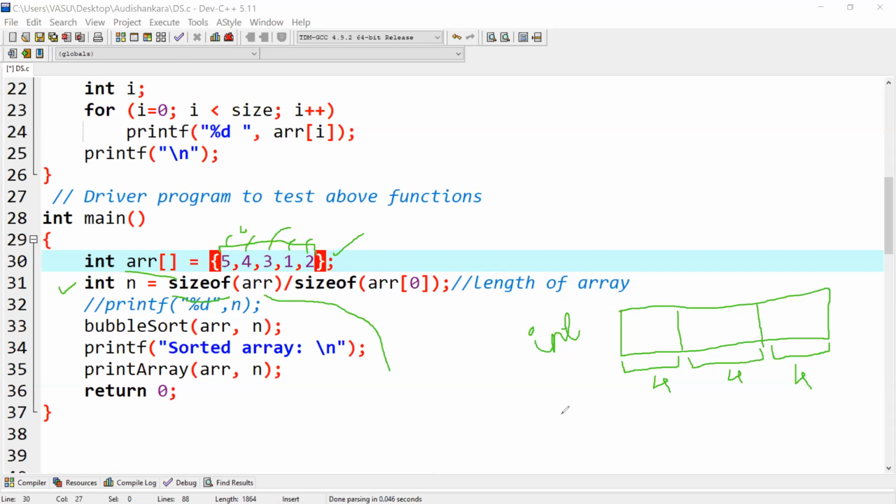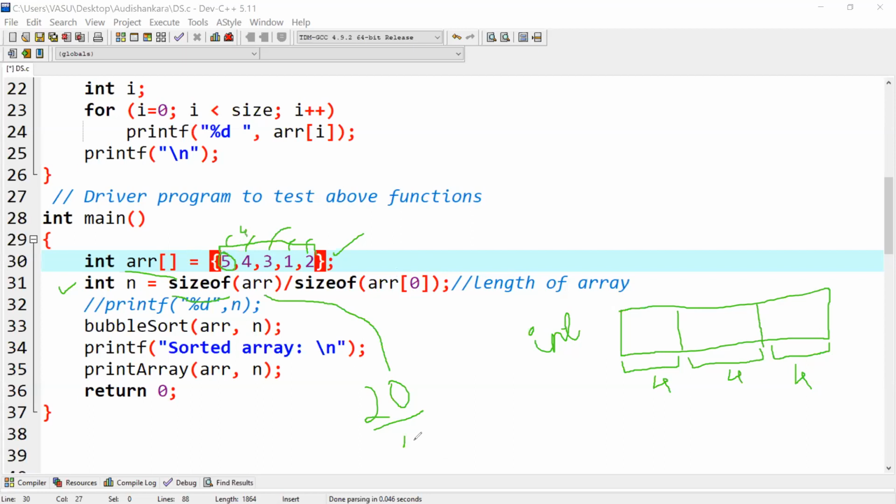20. I will have 20 over here. So shall I write 20? I'm going to have 20 as the size. Now, what have I used? 20 divided by size of array of 0. Array of 0 is nothing but what? The 0th element. That is the size of this 5th element. Now, the size of this element is only 4 bytes, no?